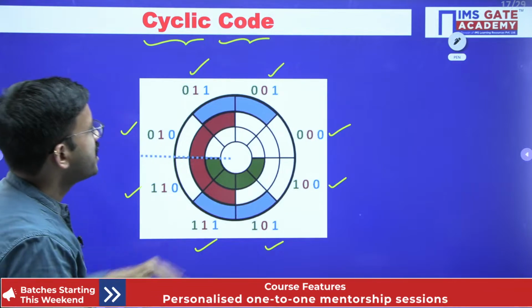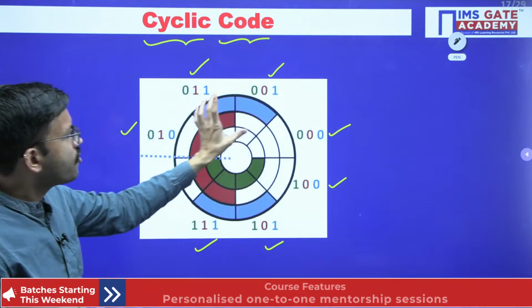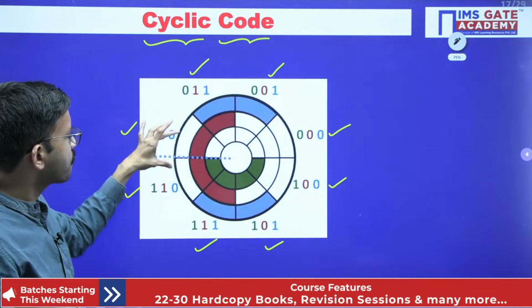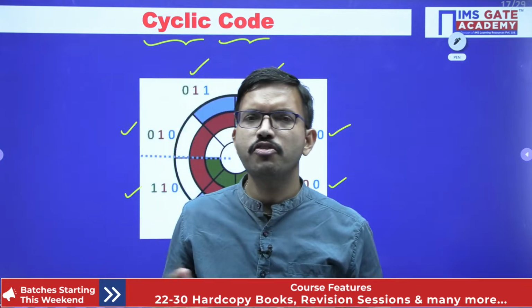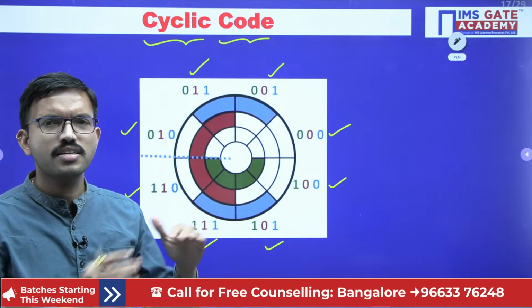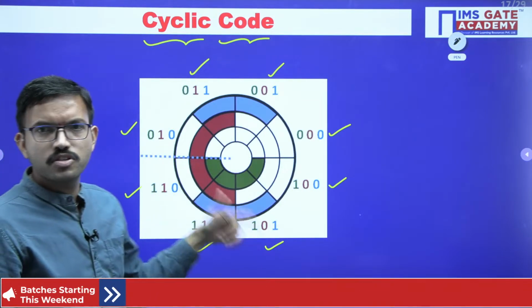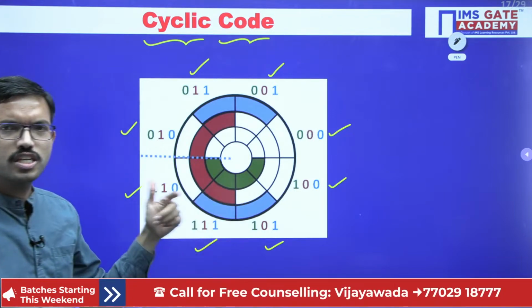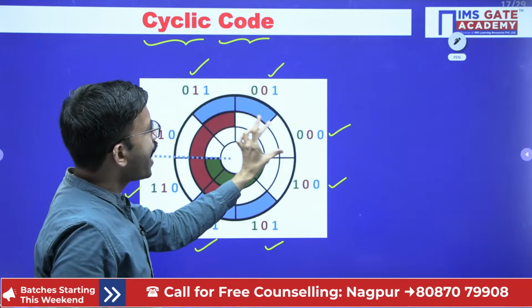But ultimately, whether you are considering clockwise or anti-clockwise, whatever adjacent codes you are considering get differed by 1 bit only. In real time, if you see in the industries, you will have mechanical devices or machines which take the rotation operation, which are continuously moving in a circular fashion, right? So at that time if you are using unsigned code,